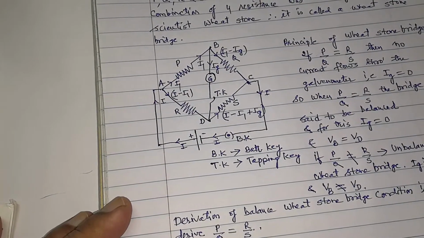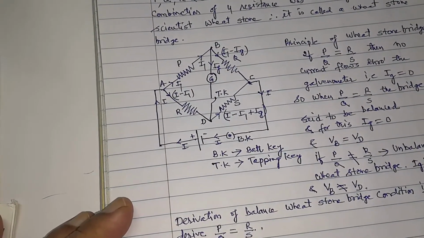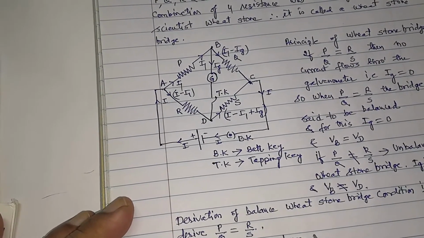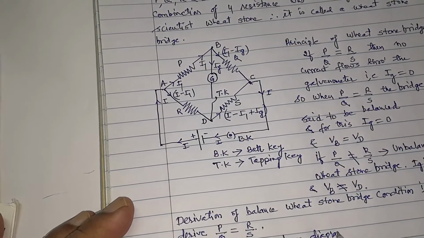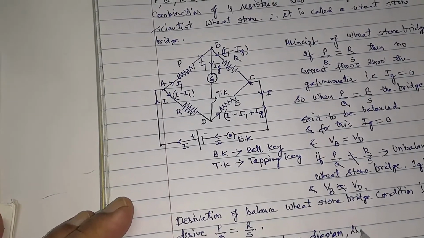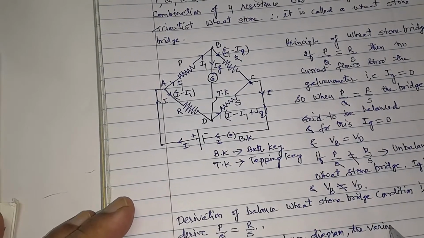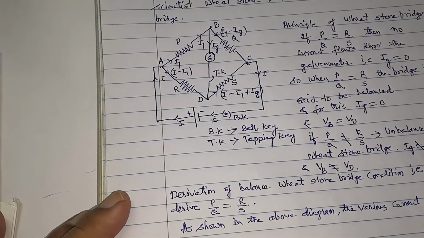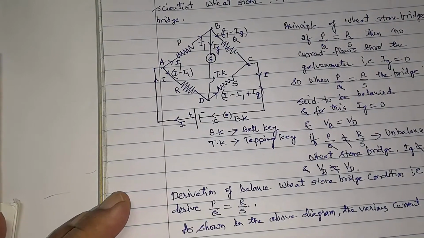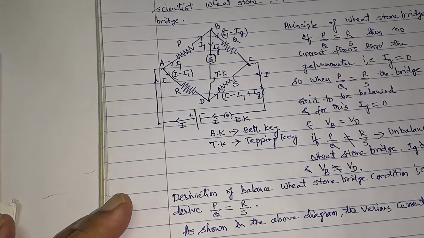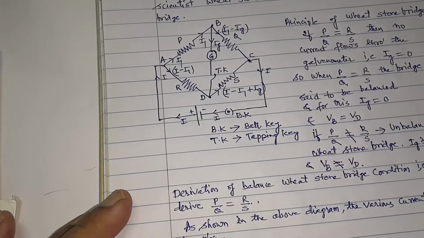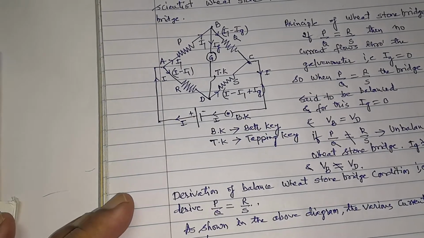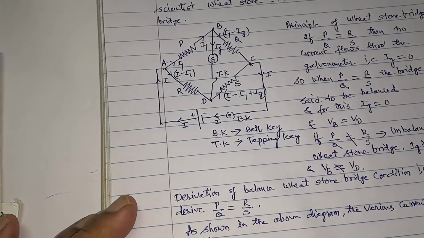So we write that as shown in the above diagram, the various current distribution takes place. This is as per Kirchhoff's current law as we have discussed. Now we apply